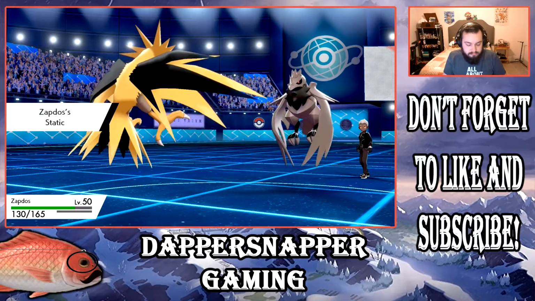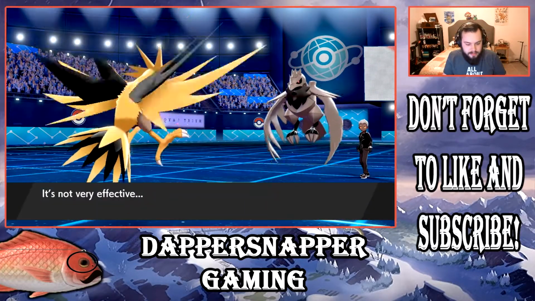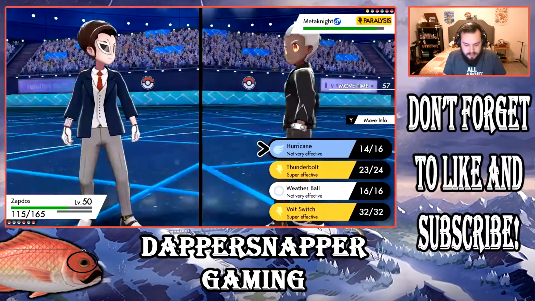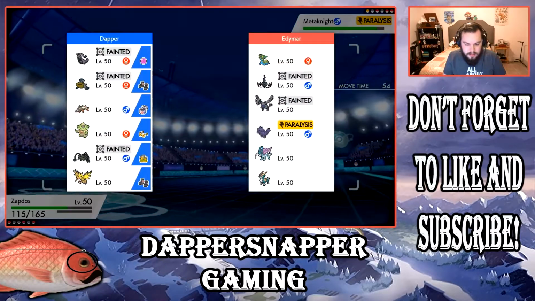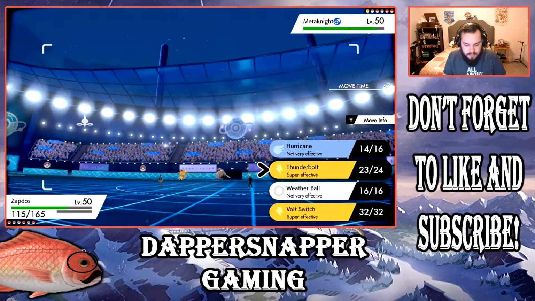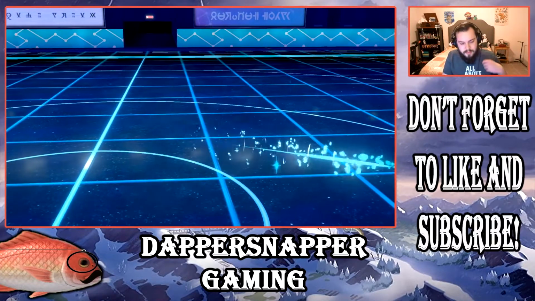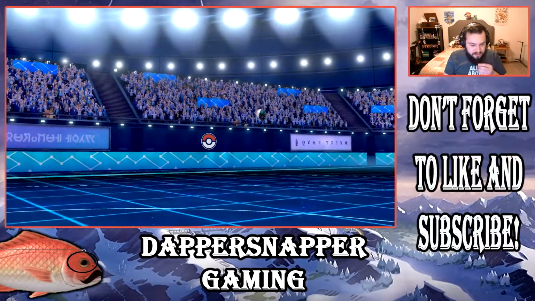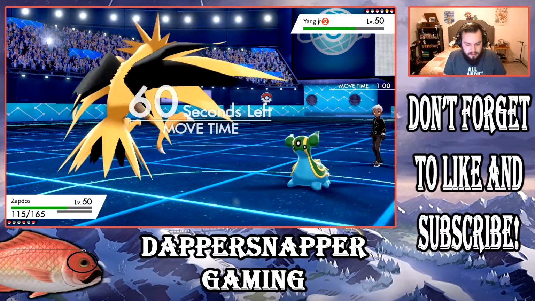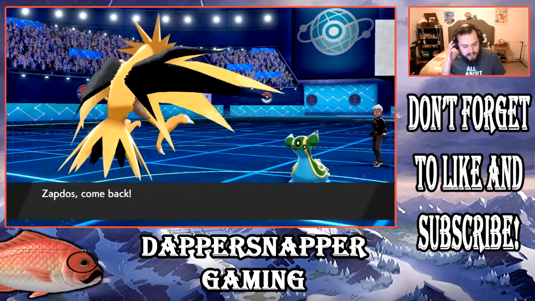Okay, get paralyzed. That's what I thought. I'm good with that. Okay. Do you just go back into Gastrodon here? I'm gonna click T-Bolt here. You can go into Gastrodon if you want. Back into it? Okay. And that's fine. Like I said, Ludicolo can take it and heal, so...